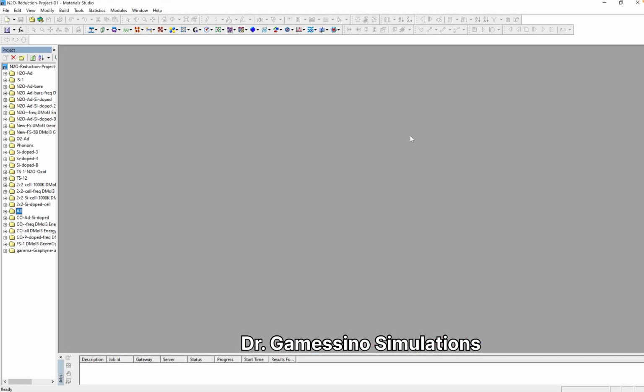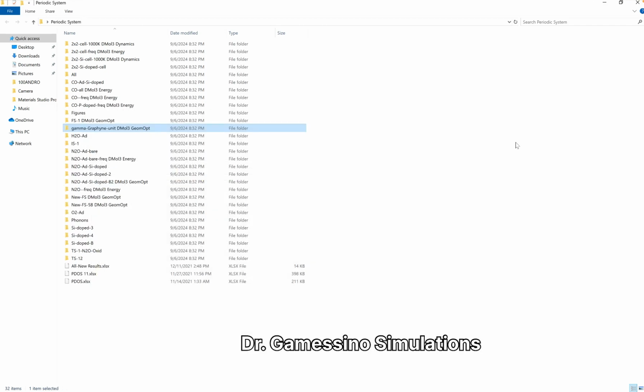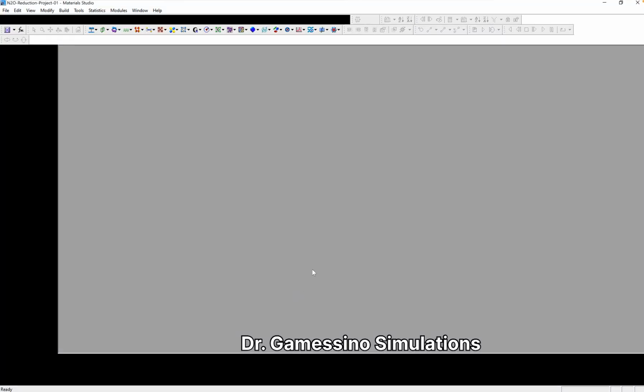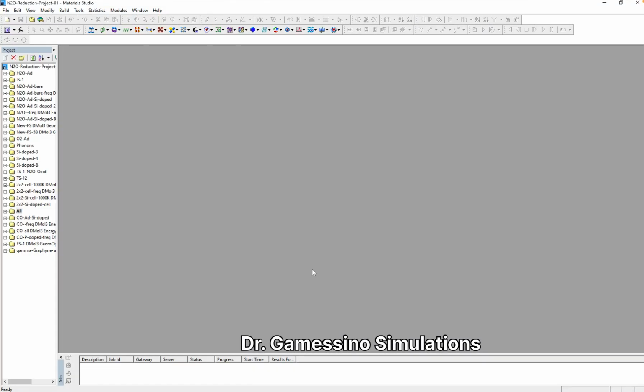I will use the Material Studio software. Initially we will perform different tutorials on Material Studio. After that we will move to other codes like Gaussian, VASP, etc. So our main focus in this video will be on Material Studio, and we will use the DMol3 code